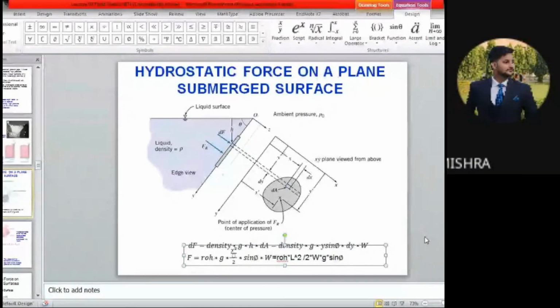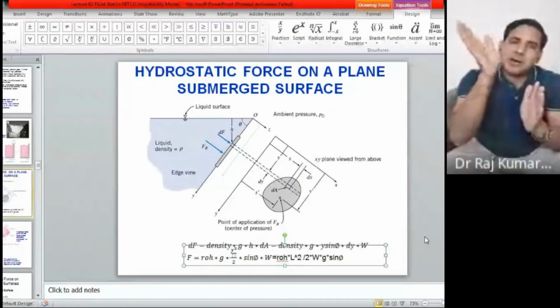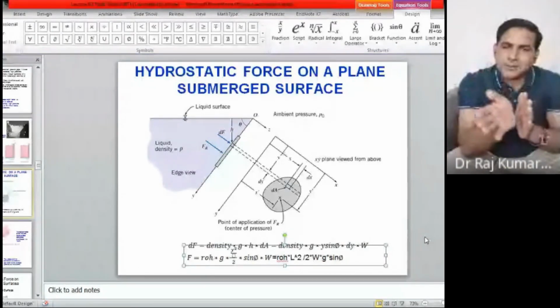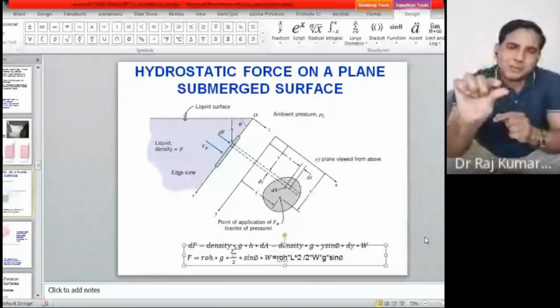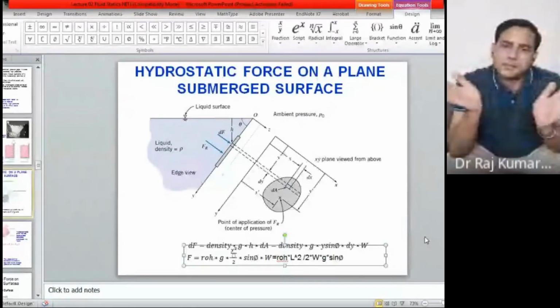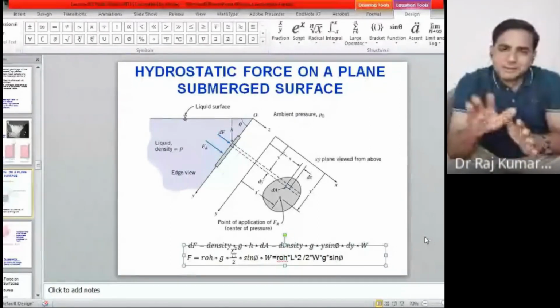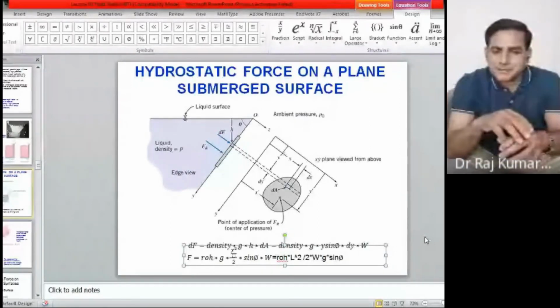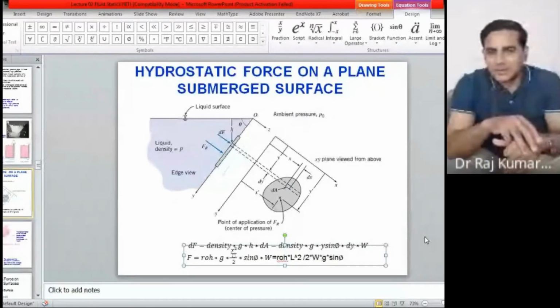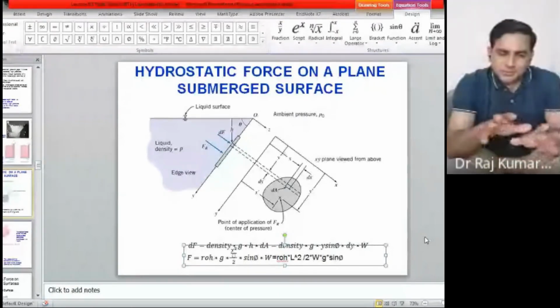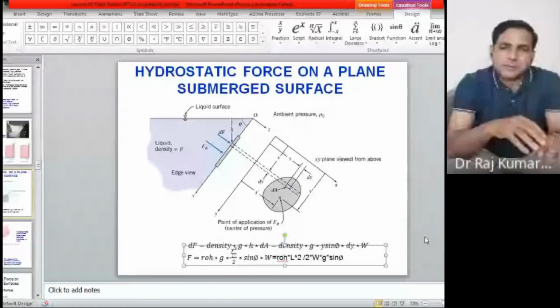The length of the rectangle, L by 2, is the centroid. It means you have calculated the pressure at the centroid, and you just multiply by the area only. Yes or no? So the rest of the part we will cover in the next class. Okay. In the meantime, you just go through this particular